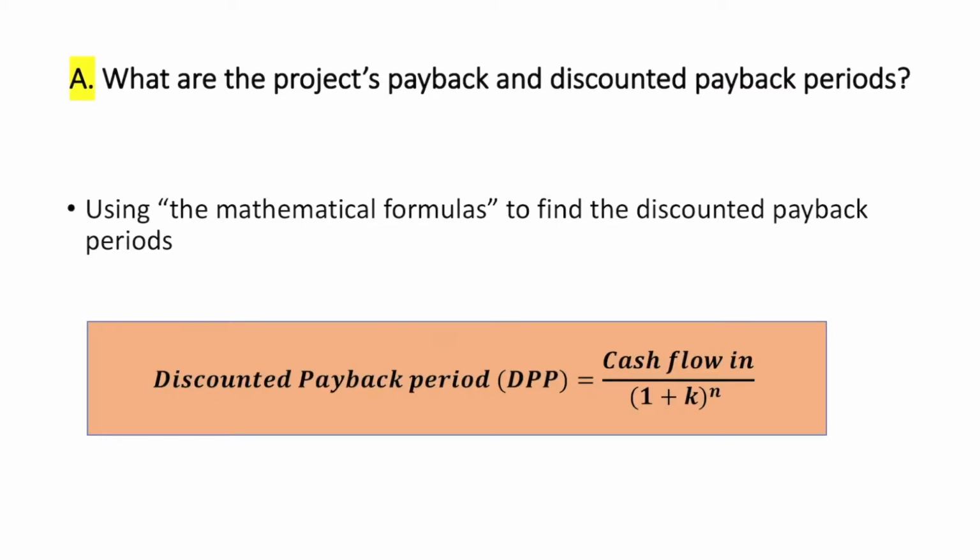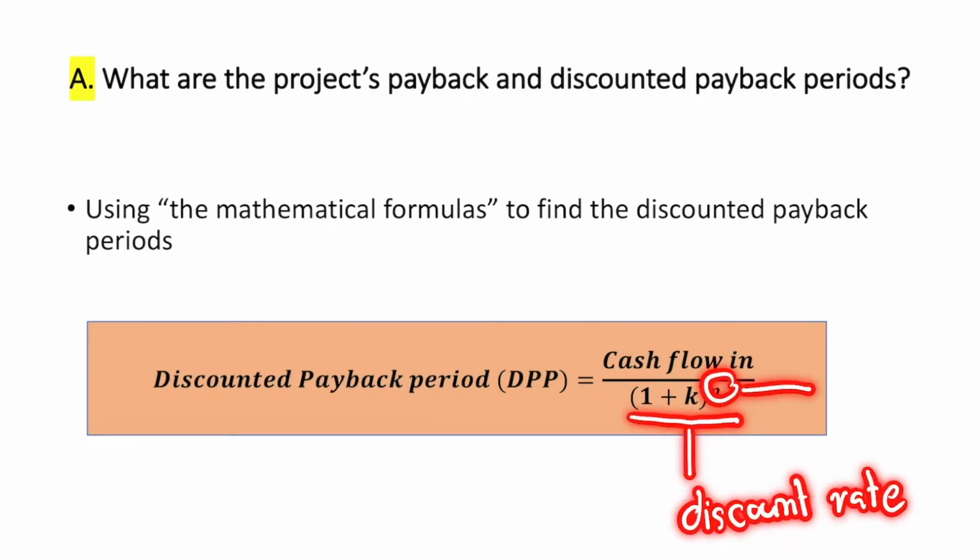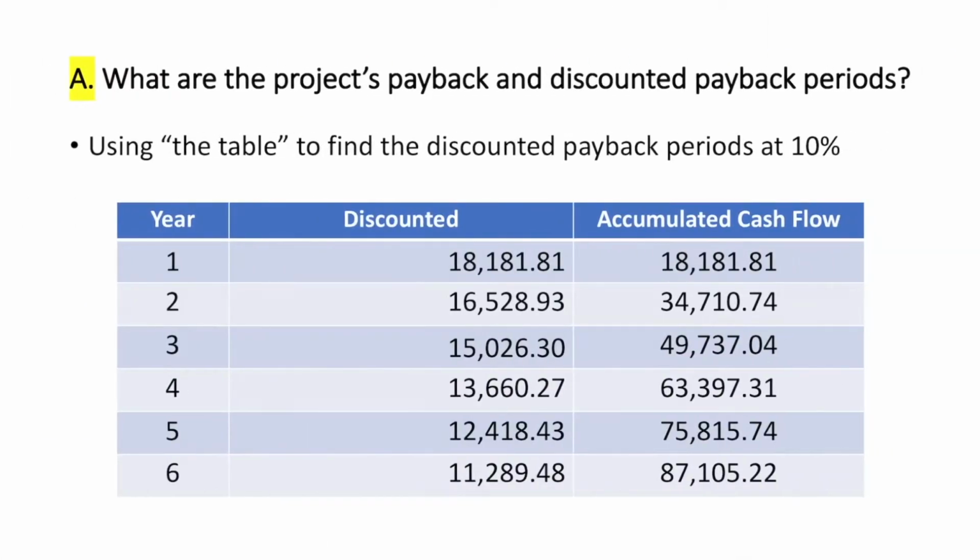The first question also asks to find the discount payback period. So, we can use the mathematical formula following this picture: cash flow in divided by 1 plus K, that is the discount rate, to the power of n, that is the time. So, we will use the table like this picture to find the discount payback period at 10%. Let's begin with the first year. They have discounted